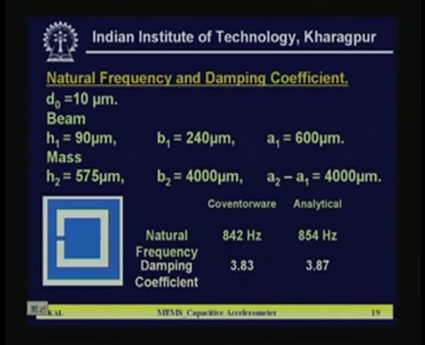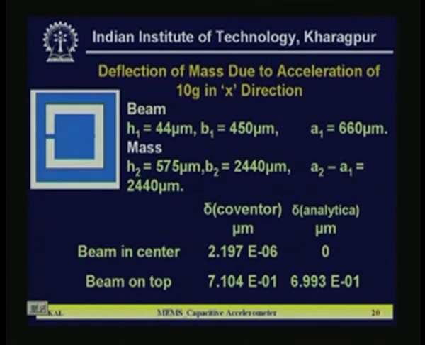So it is greater, and it may be acceptable, but the other two are not acceptable. So this kind of structure, with a single flexure, the capacitive accelerometer, we don't use because it does not meet our design specification. Now for 10G, again we have calculated